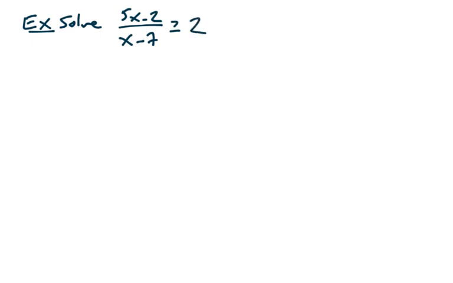You might have thought, you know what? Oh, that's too much work. I remember that it's always legal to multiply both sides of things by the same thing. So what would happen if I took this and simply multiplied both sides by x minus 7